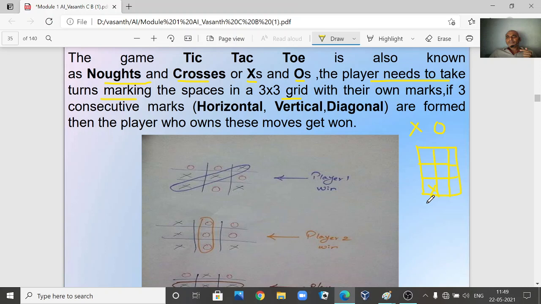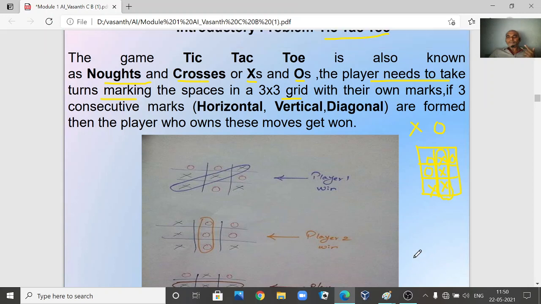Now the second person, O, makes a move, then X makes a move, then O makes a move. Now X makes a move, again O makes a move, X makes a move. Now you see X has won this game.